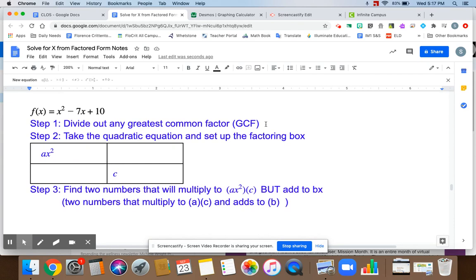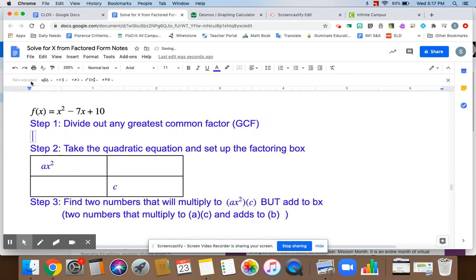Right, step 1 would be to divide out any greatest common factor that we had. So if I tried to do that, x squared means x times x. -7, 7 does not split apart anymore, then you have x. Plus 10, once you divide it by 2, you get an answer of 5, which is also a prime number. So is there any term that's in the same for all 3? This one has no number, so there would be no number that's the same for all 3 of them. This one only has x's, 2 x's, this one only has 1, and this one has none. So there is no greatest common factor